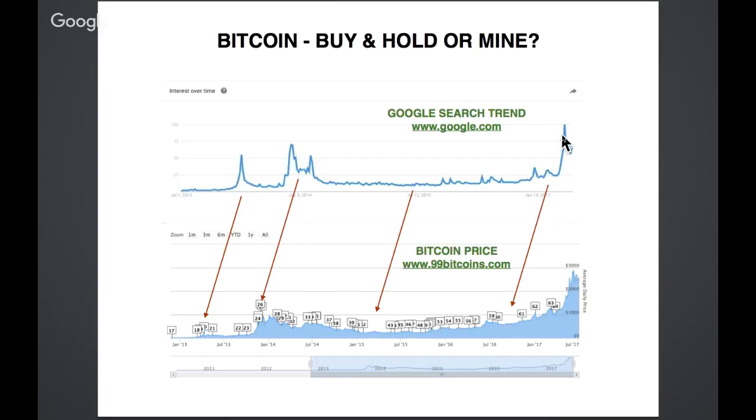So what does that mean? They're not just doing a Bitcoin related search, they're actually searching for Bitcoin in order to buy Bitcoin. So this is literally public exposure reflected in the price. You cannot get more purist than this. This is the purest way of looking at it, to say that the Bitcoin price is directly related to the interest